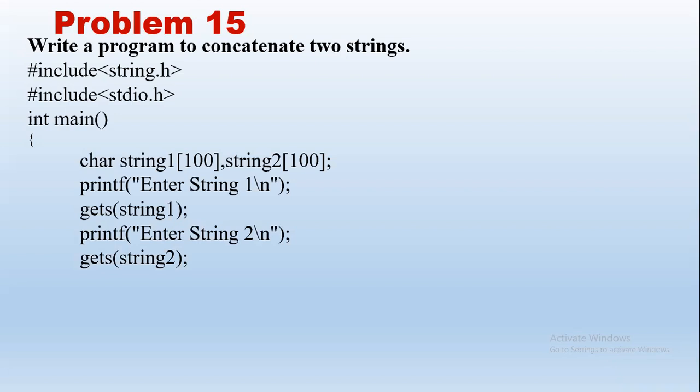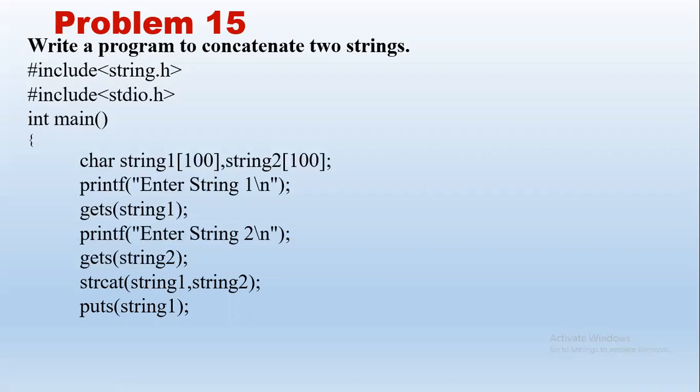So once we take input, now we need to concatenate both the strings. Whatever is the value of string 1, at the end of that we need to have the value of string 2, and the result will be there in string 1 itself. So here we have just strcat of string 1 comma string 2. That means if string 1 is computer and string 2 is programming, it simply gives the output as computer programming, and we need to print string 1 to see the output. So just give puts string 1. This will print the output of strcat.